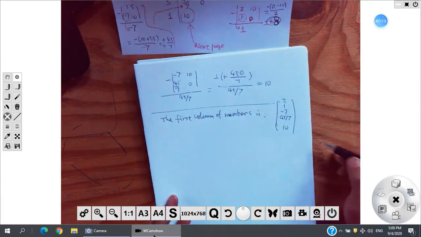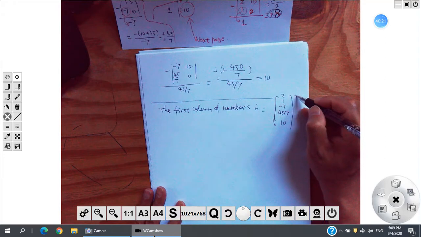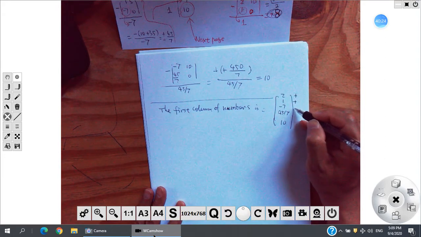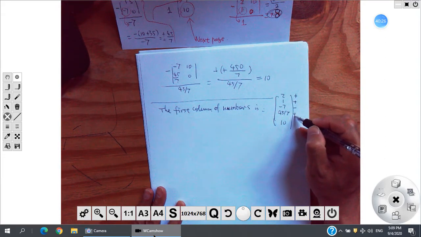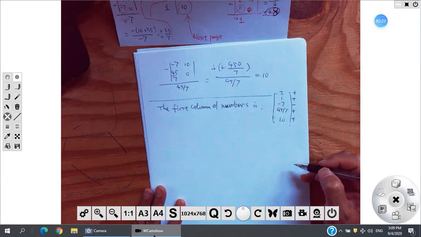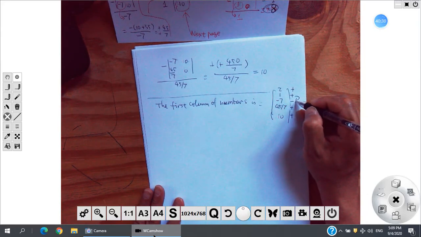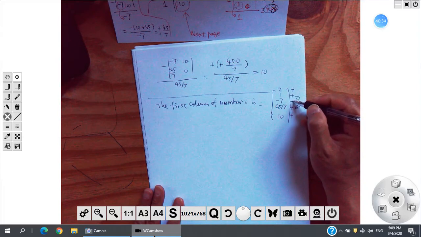And you see, you check the sign. This is positive, this is positive, and this is negative, this is positive, this is positive. So here we have from positive to negative and negative back to positive. This is a